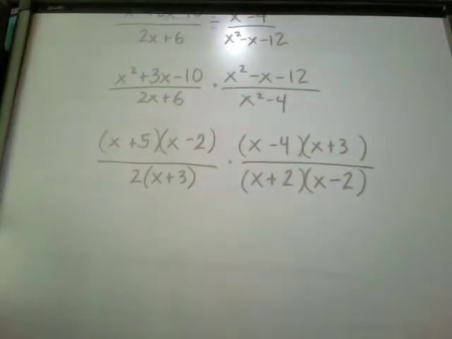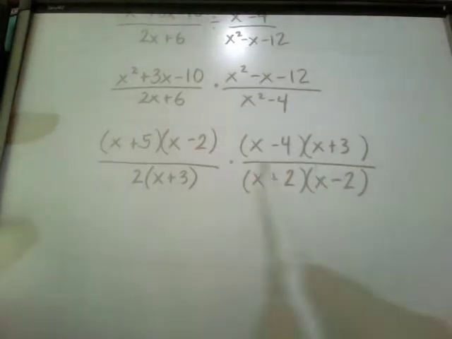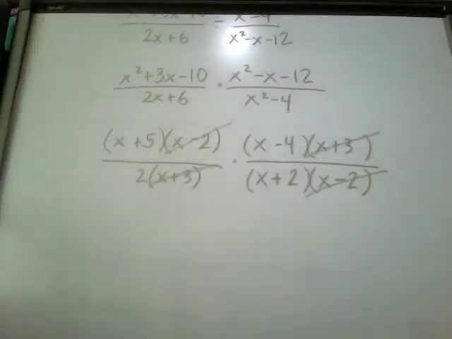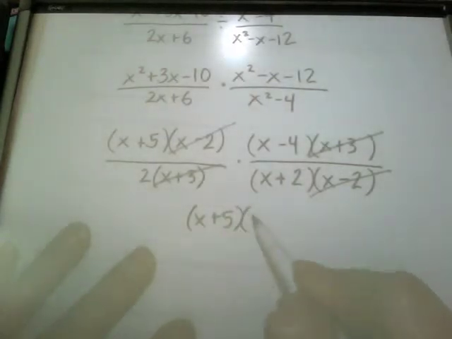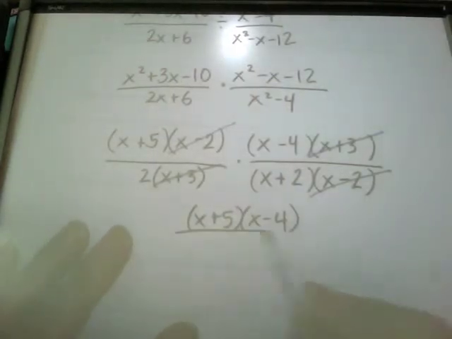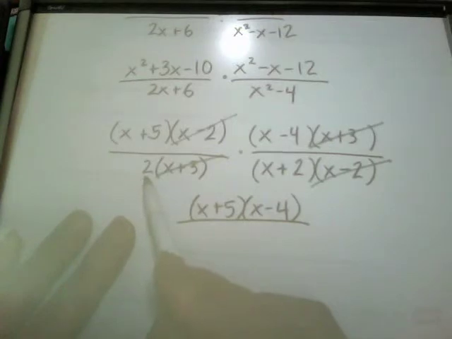Okay, now we can start to cancel out things that are the same in the numerator and the denominator. I see an x minus 2 and an x minus 2. I see an x plus 3 and an x plus 3. Nothing else. So that leaves x plus 5 times x minus 4 in my numerator. Don't forget this 2 over here in my first denominator, and x plus 2